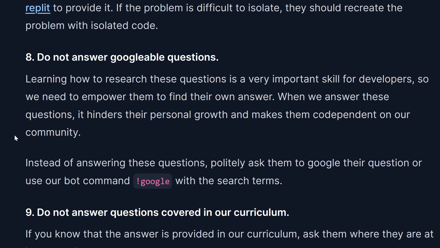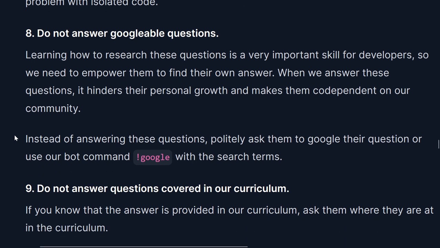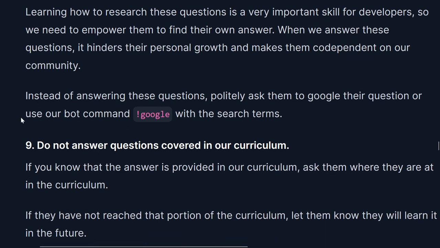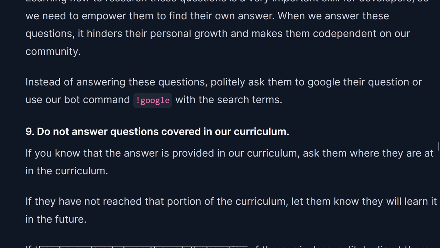codependent on our community. Yeah, that's what they all warned about AI and ChatGPT. It will make you dependent and it will stop your growth. Instead of answering these questions, politely ask them to Google their questions or use our bot command